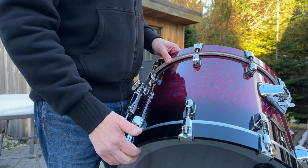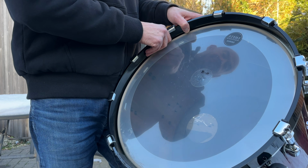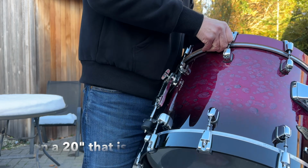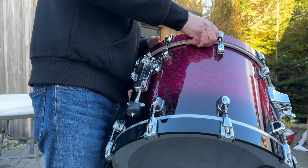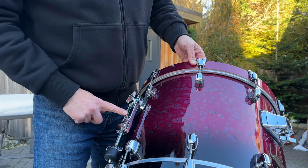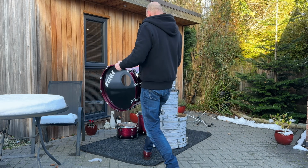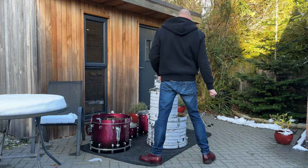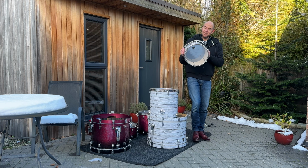Lugs, nice. You get 10 lugs on this 20-inch bass drum, which is actually more than I've ever encountered before. And the spurs, really nice heavy-duty spurs, more than up to the job. And again, they've got gradations there where you can see where you've set it. So let's just put that back, because I think that's all as you'd expect, really high quality stuff. But the surprise is